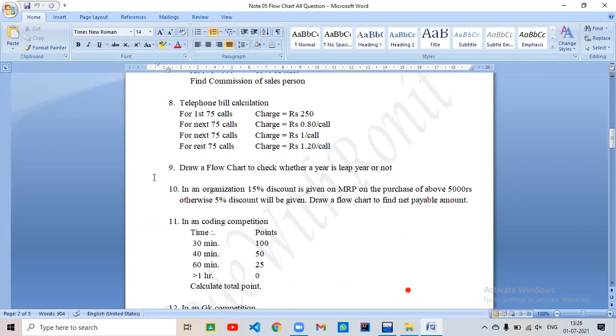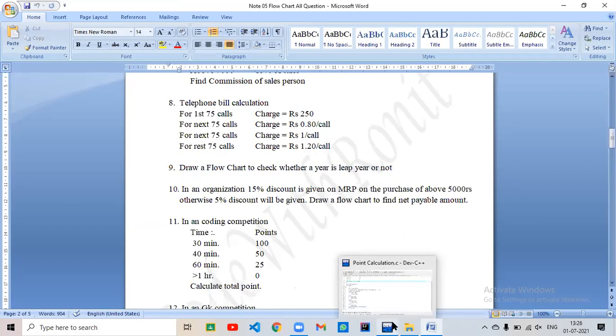In these 12 you cannot do this program right now, that is checking the leap year. For that I have to tell you about nested conditions and operators. I have to tell you about logical operators, that is and, or, and such types of statements.